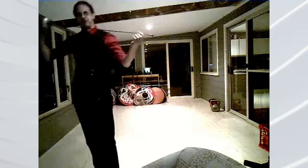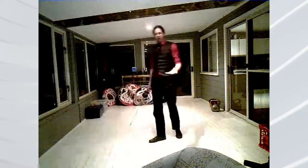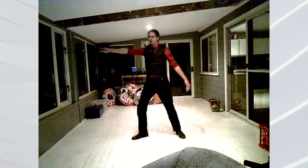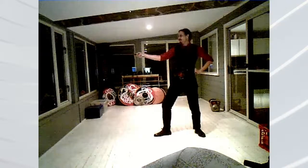This time I'm going to my trusty épée. Sorry if it's a little hard to see, but hopefully you'll have the idea by now. But the drill is exactly the same when you change weapons. Start, come to extension, I walk backwards, I come back to my guard, and that's my lunge